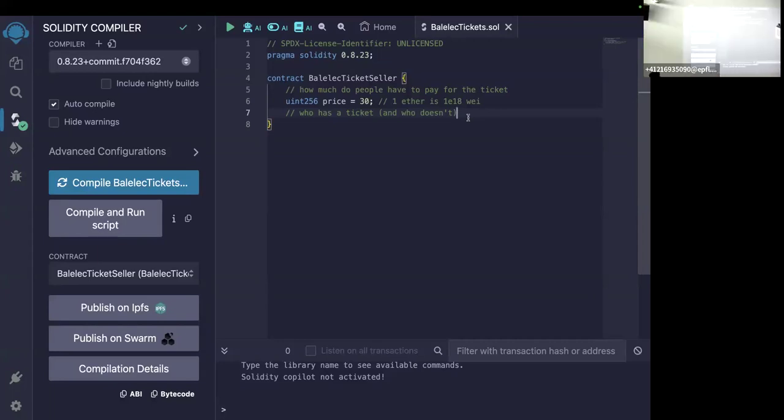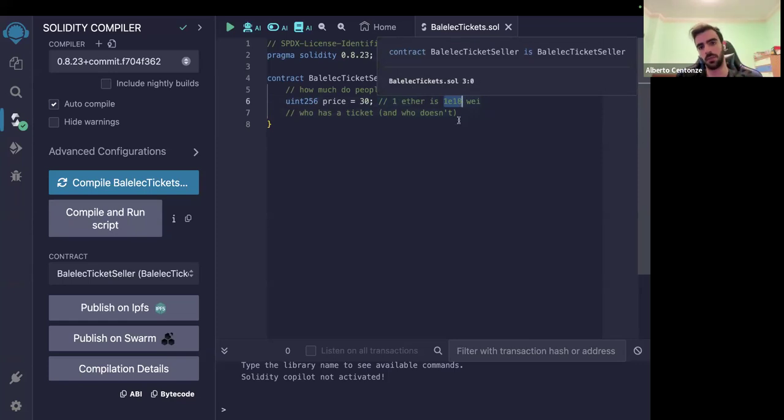Yeah, it's literally just a multiplier. If you add wei, it doesn't change anything. Thanks. Okay, cool. So this is just writing this or writing this. It's exactly the same thing.